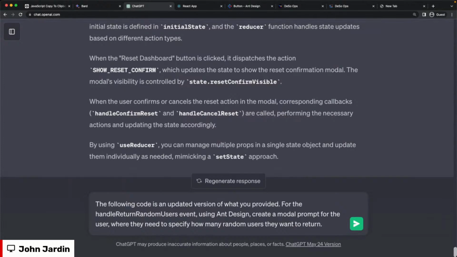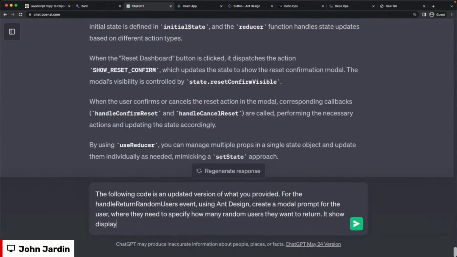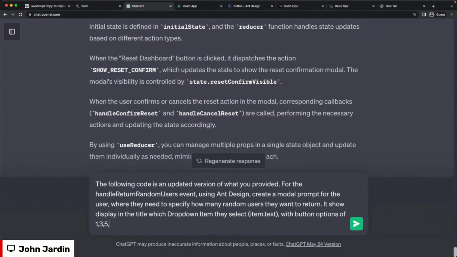It should display in the title which drop-down item they selected, item.key or item.text, I think. Okay. With button options of 1, 3, 5, 10,